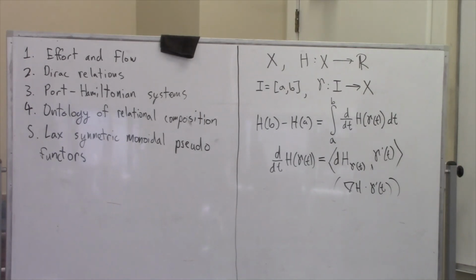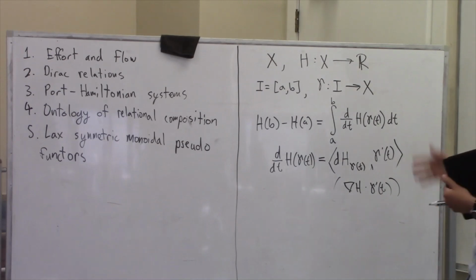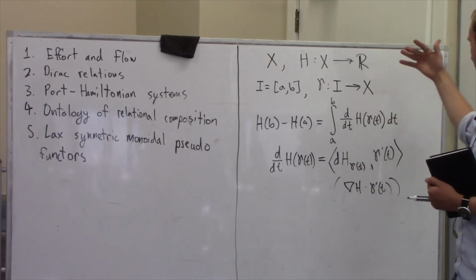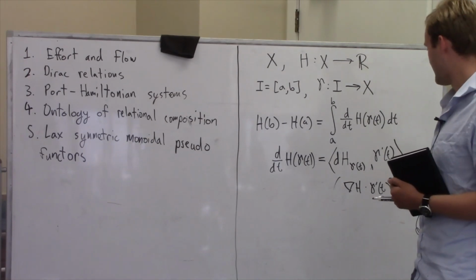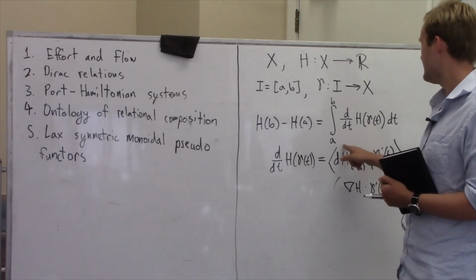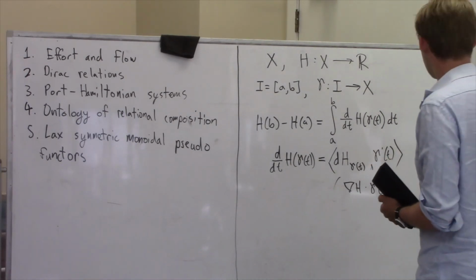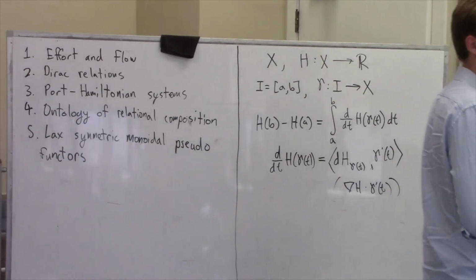Okay, now we're going to interpret this. This is all quite simple math, but let's give an example of this and then try to name dH and gamma prime and see if we learn something. So our example,